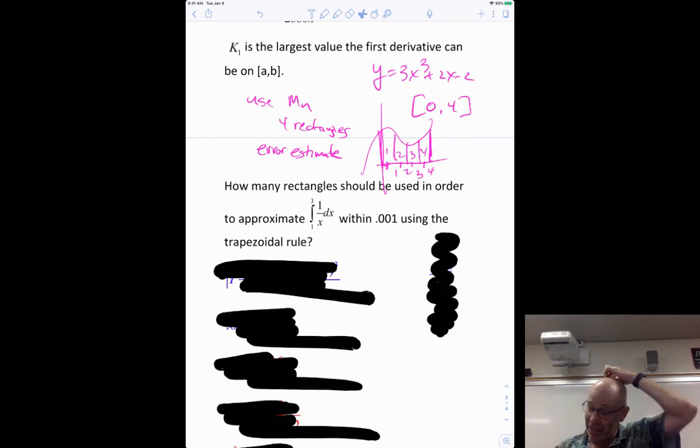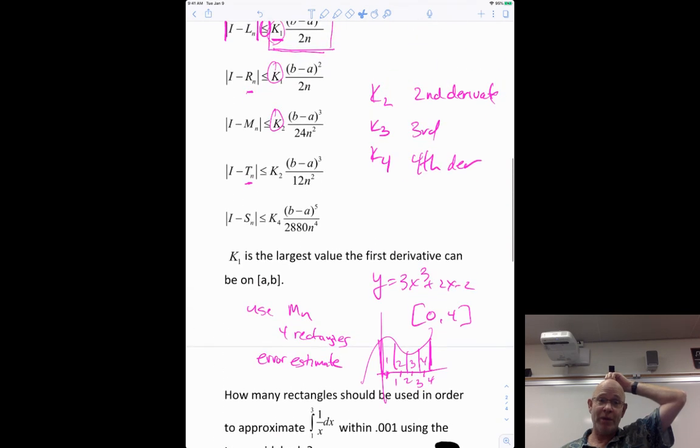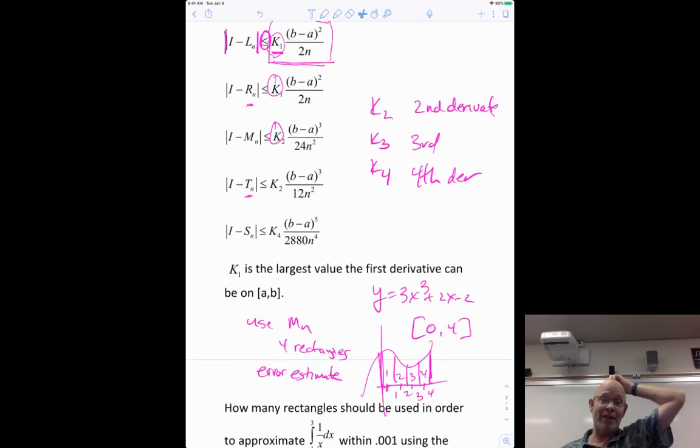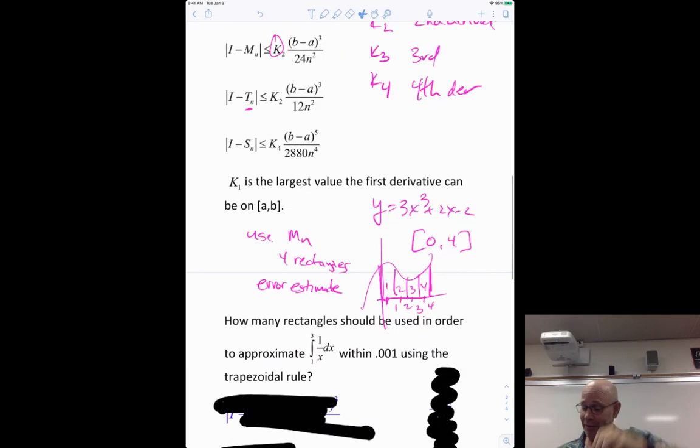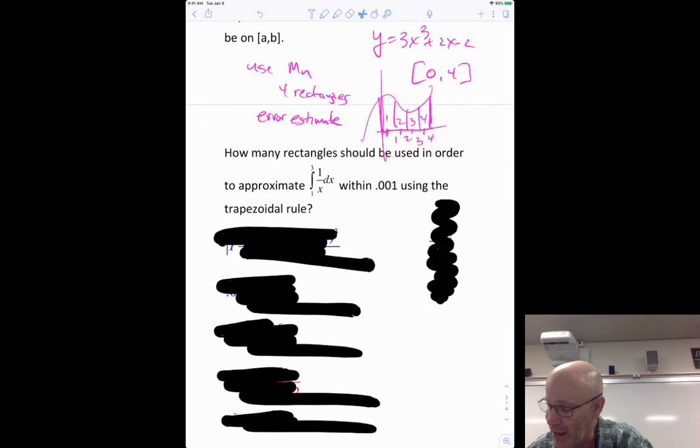And then the error estimate, you just plug in. So if we're doing a midpoint rule, you'd go b minus a to the third over 24n squared. You'd take the second derivative, which would be, 9x squared plus 2 would be 18x. The biggest that derivative can be, 18x on 0 to 4, is 72. So you plug 72 into your